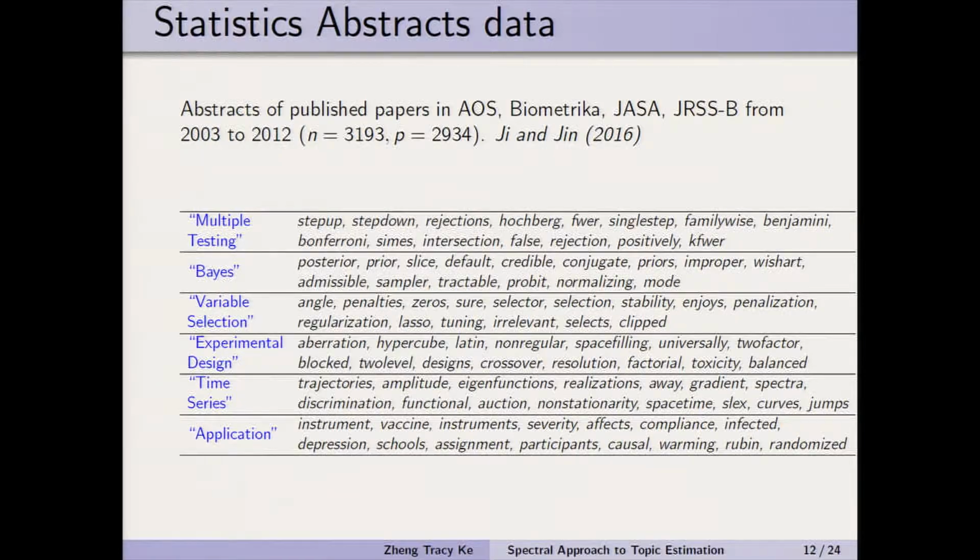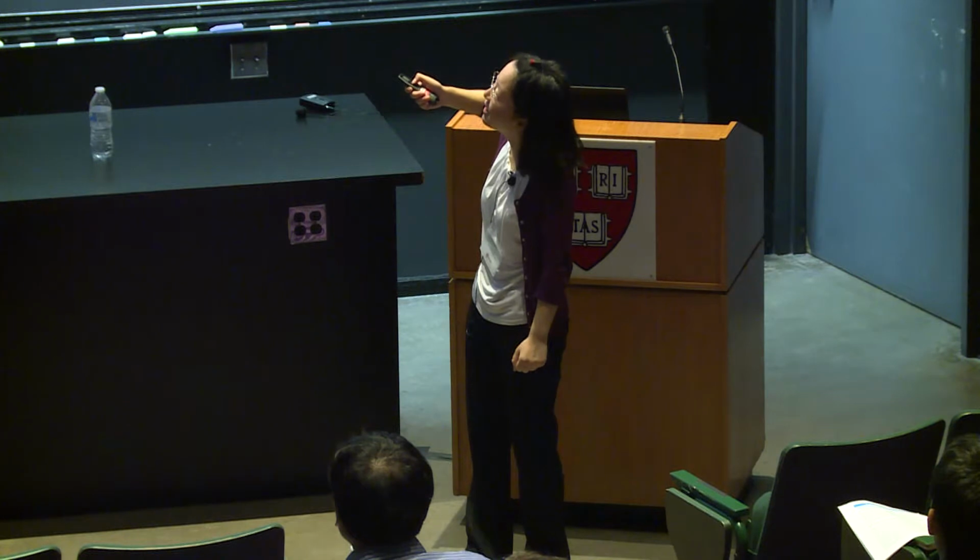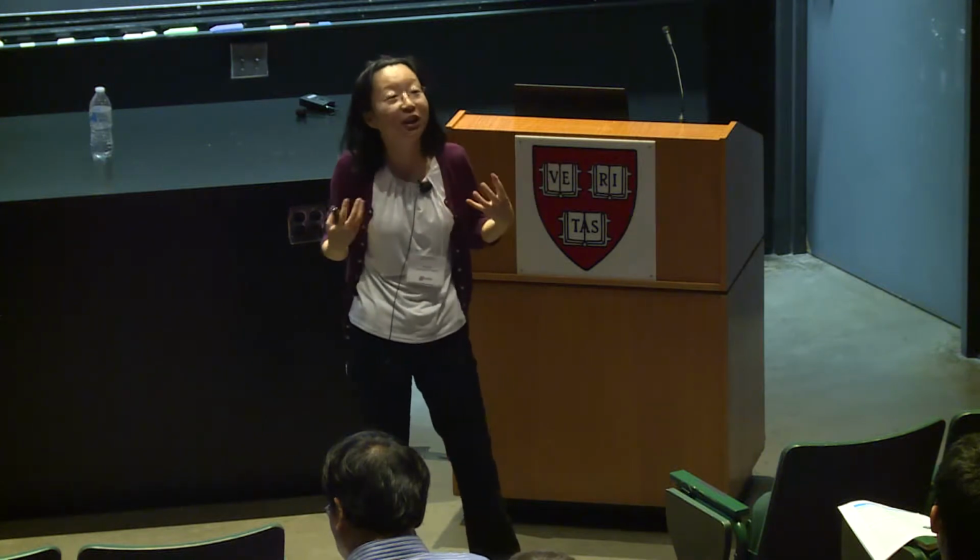What is the Rubin? What is the Rubin theory? I guess it's Professor Rubin at Harvard. I think this topic may be a mixing of application and causal inference. So there should be some hierarchical structure there, some finer layers there.